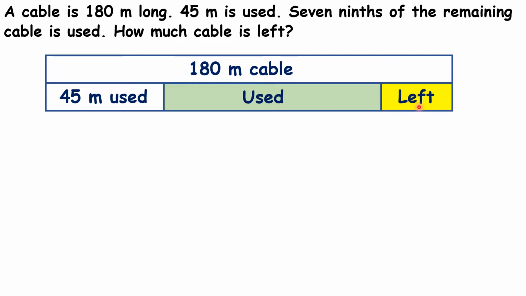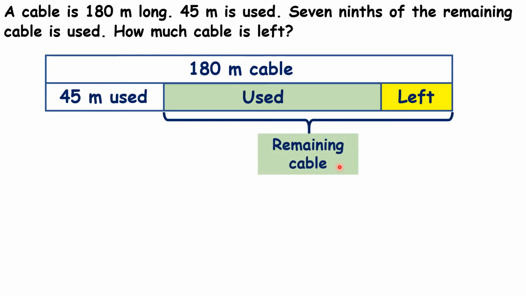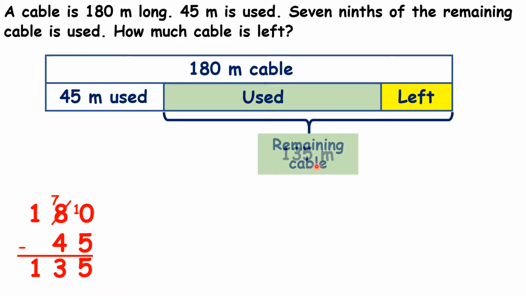is left. So, to calculate how much of the remaining cable is left, we first of all need to work out how much cable remains after the 45 metres is used. So we need to subtract 45 from 180, which gives us 135. So after 45 metres is used, there is still